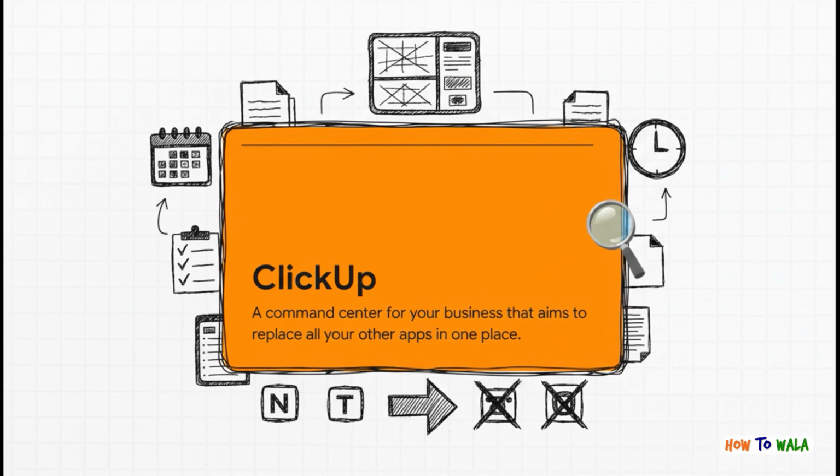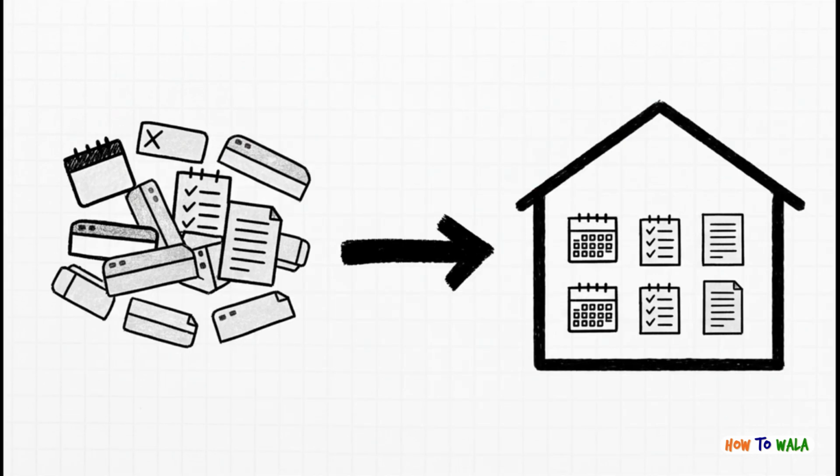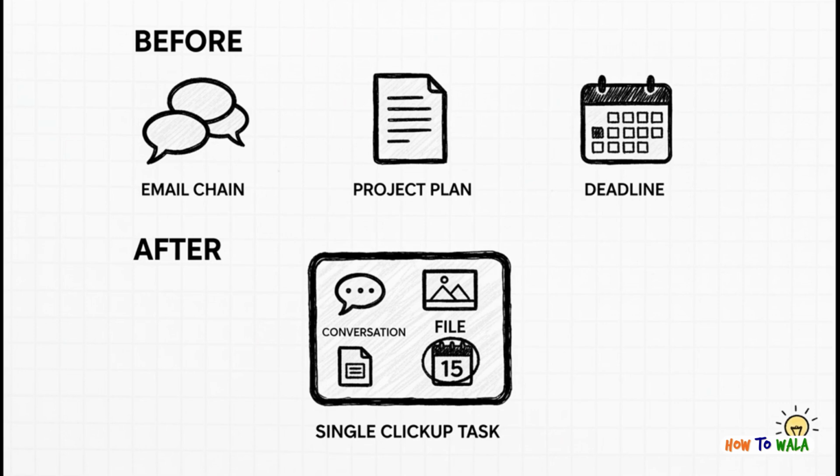It's designed to stop you from having to jump between your calendar, your to-do list, and your documents all day long. So the most important word here is consolidation. If you're someone who feels that too many tabs pain deep in your soul, ClickUp is basically calling your name. It brings everything under one roof, giving you this highly structured environment for managing really complex projects without ever having to leave the app.